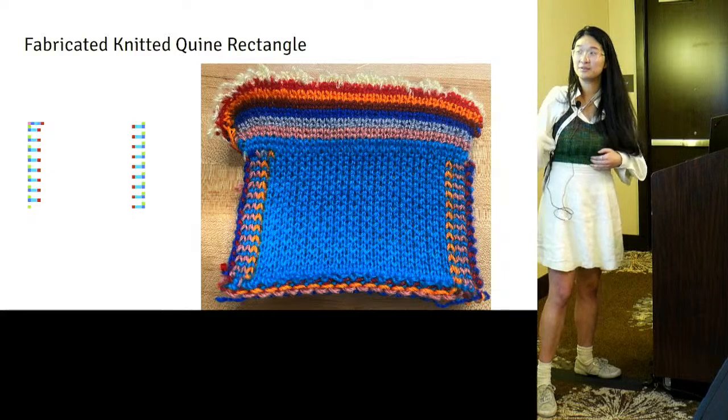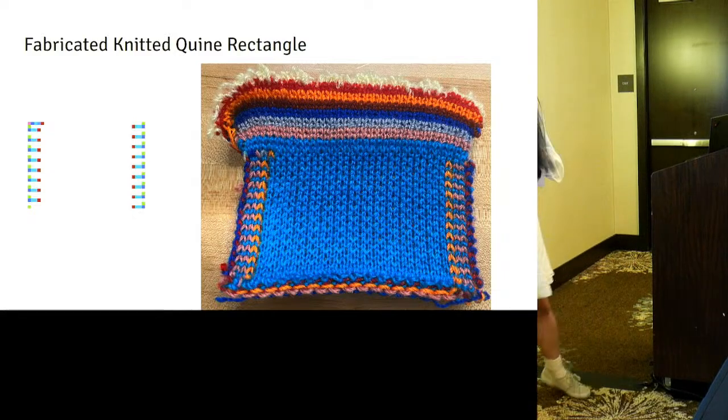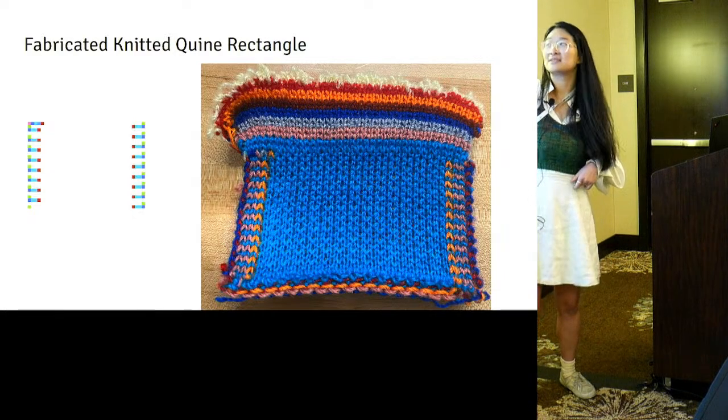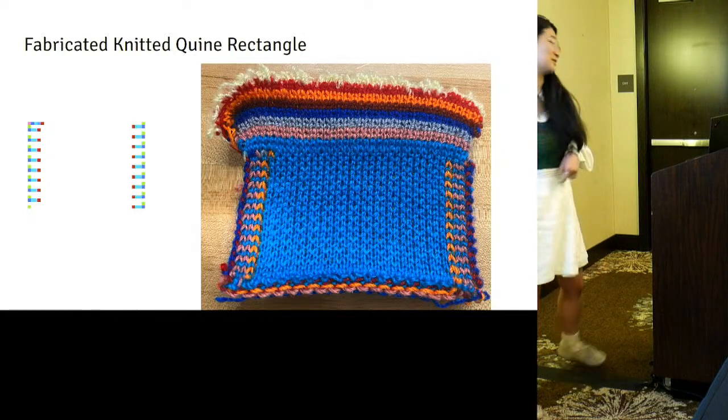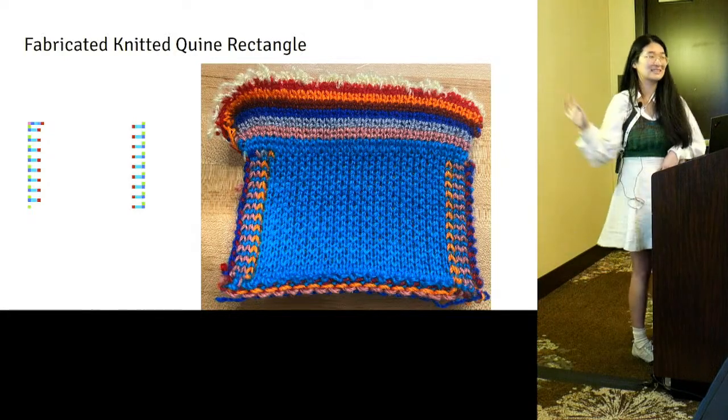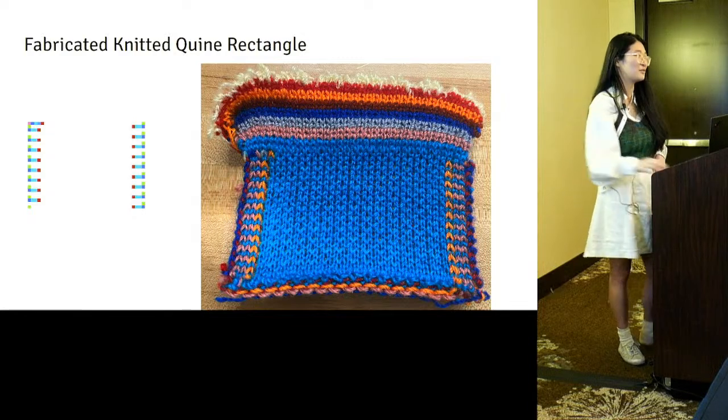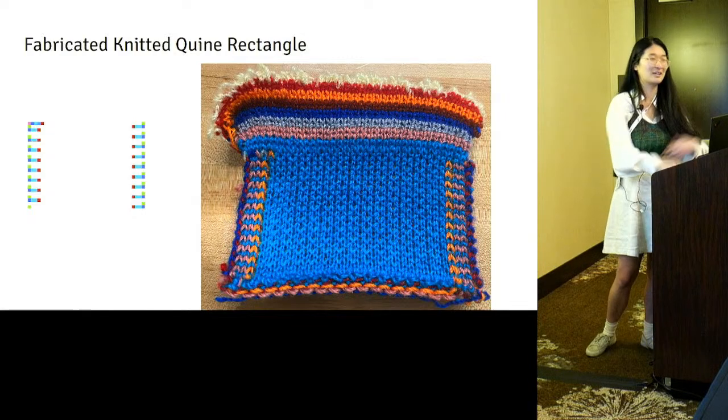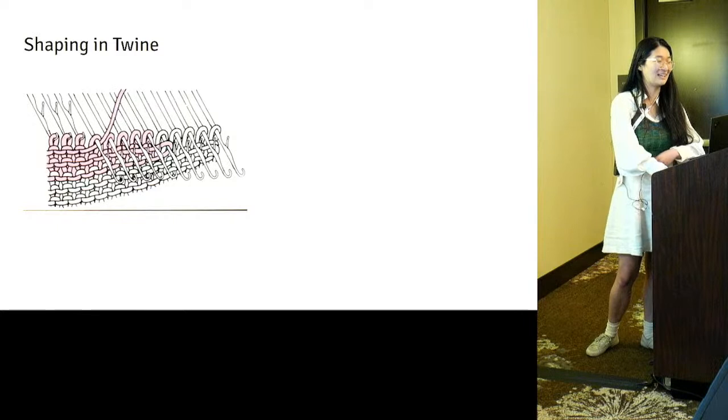So if you wanted to decode it, you'd start here at the yellow, and then you'd say, okay, I know that one's set direction left to right, and so on. So you can start decoding it. So we think it's successful, and we think it's probably the very first example of a knitted quine, although we invite people to challenge us on that.